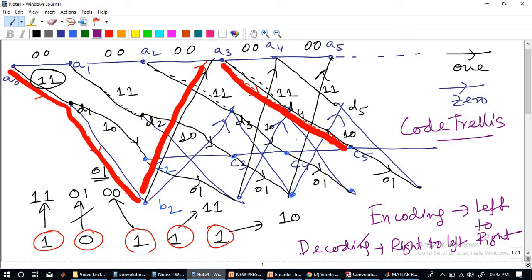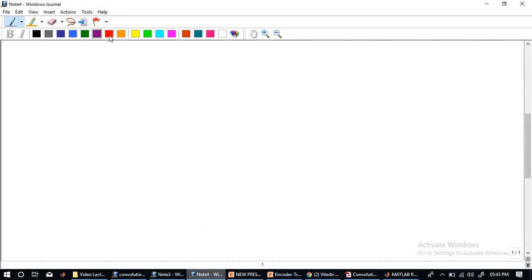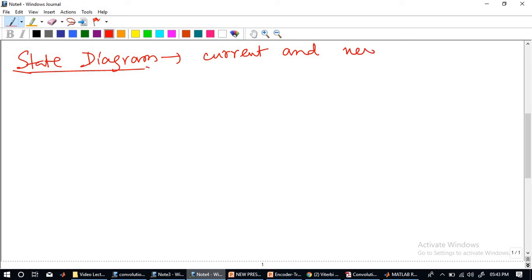Last but not the least, we'll finish on that note. There is another diagram that can be used in terms of performance attributes or to guess the data set, and that is called the state diagram. So please note this down. We'll end on this. This is another one, the state diagram. I think this is pretty much known to you from different sets of state diagrams. I think in data structures also you have done the state diagram. If we combine the current and the next state, we obtain the state diagram.